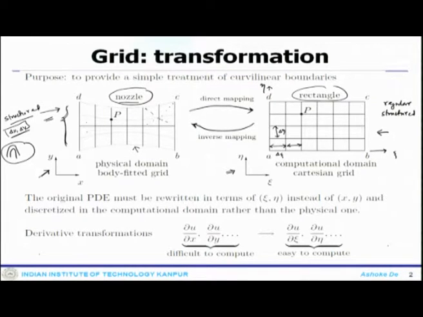the things on the particular elements. Now, one may immediately ask, when I come back to this mapped system, my delta xi, delta eta are now uniform. But if you look at the physical problem, here the distance and here the distance, they are not uniform. So, how does that help?